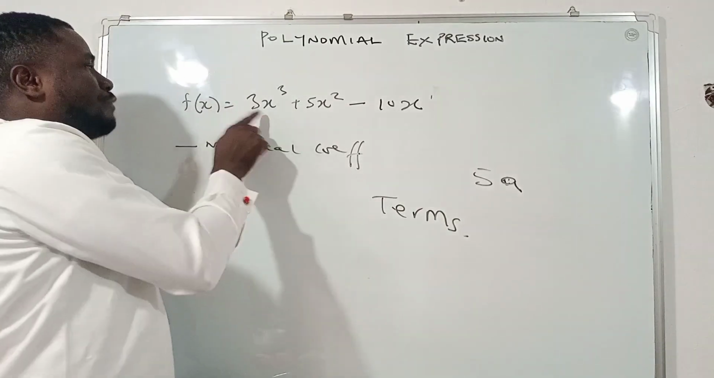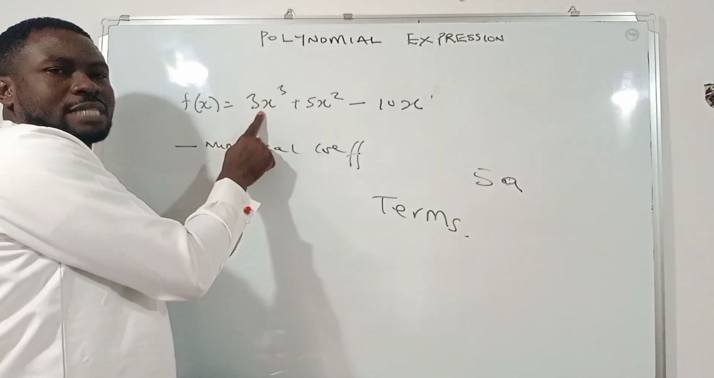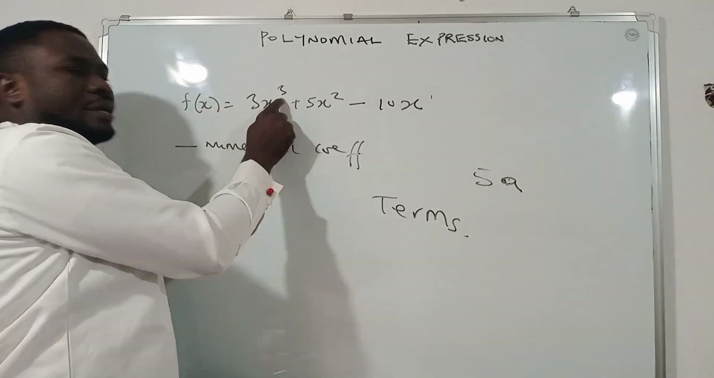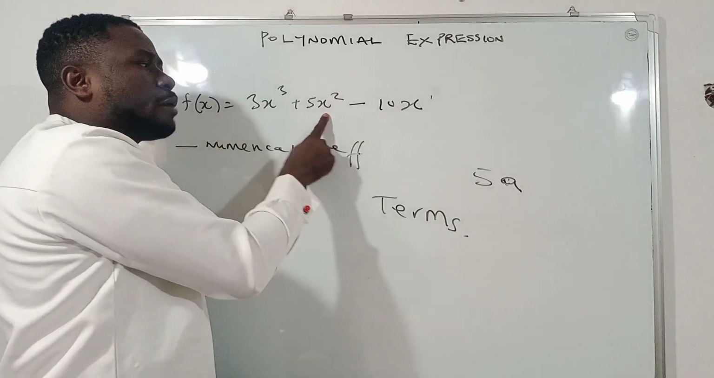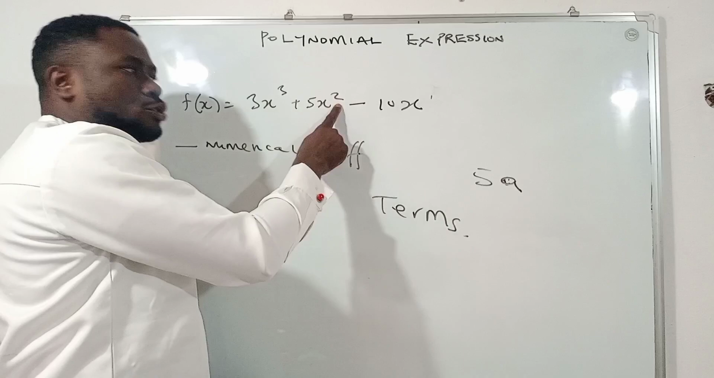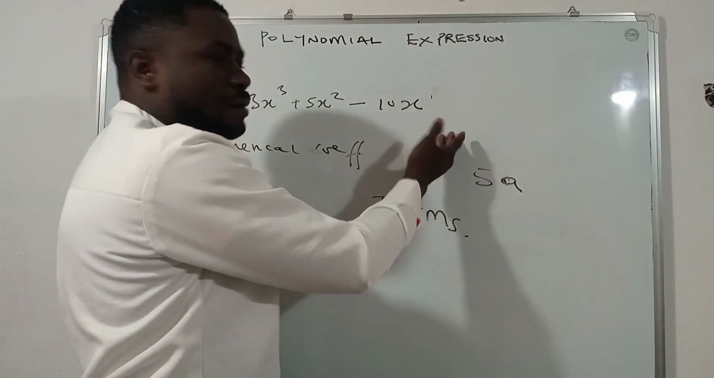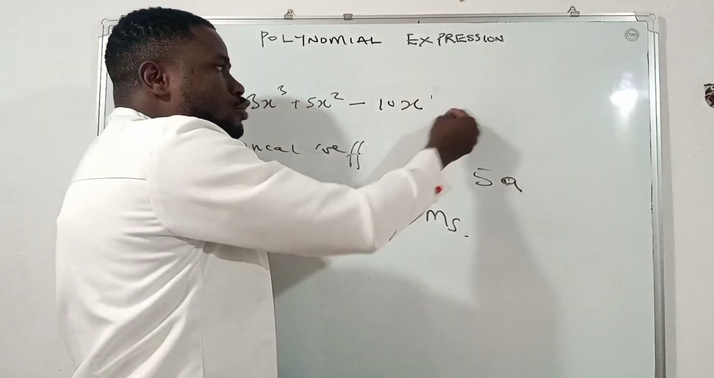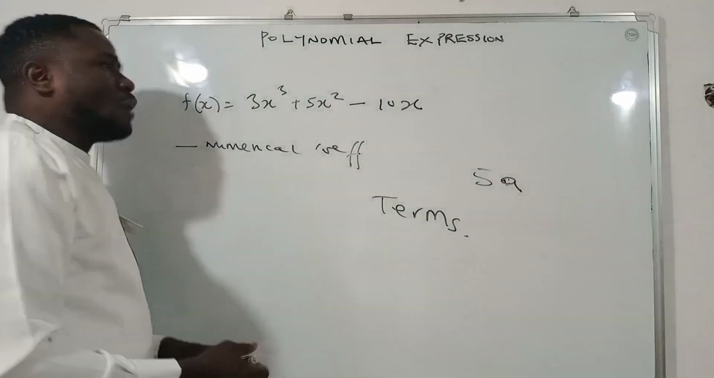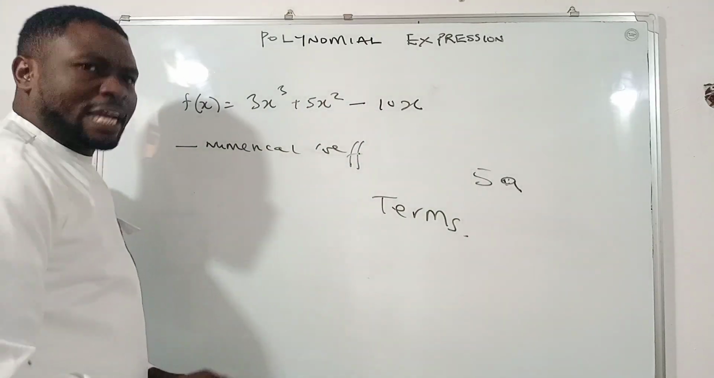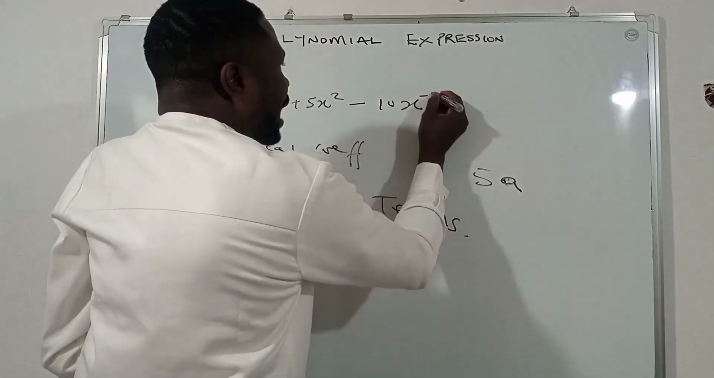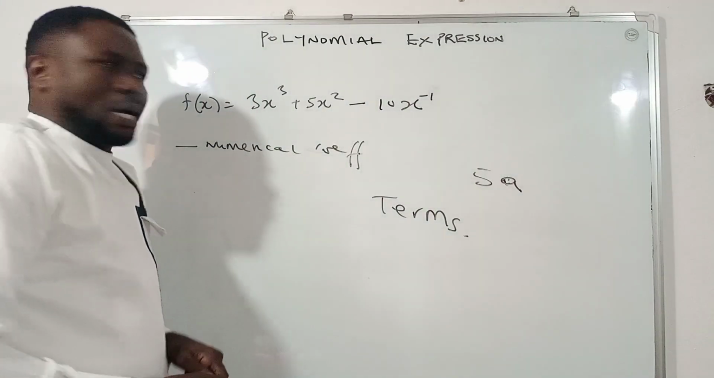What do you see? For this first term, the variable is x, and it's raised to a power 3. For the second term, the variable again is x, and it's raised to power 2. For the third term, the variable is x, and it's raised to a power of what? 1. Now, there is none of them that is raised to what? A negative power. So, if I have something like this, you will not say this is a polynomial, because the